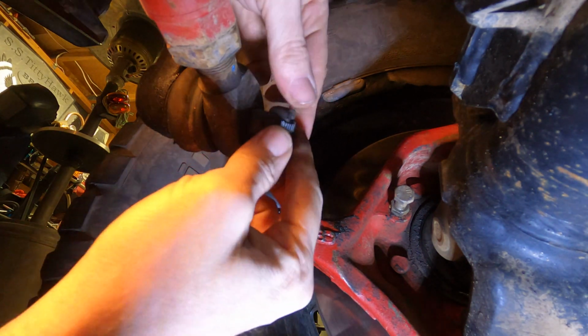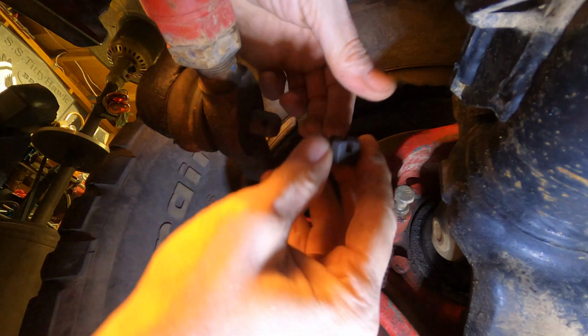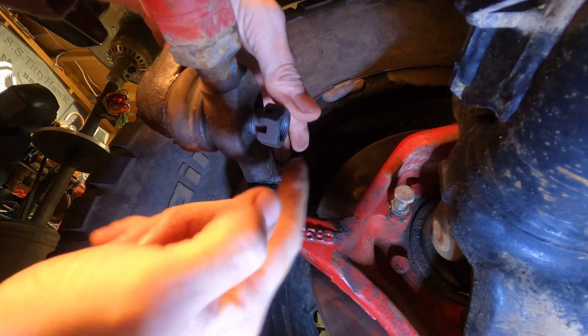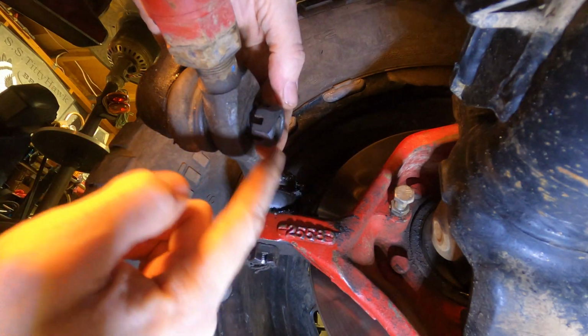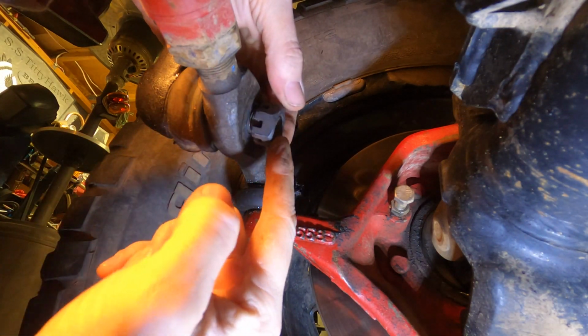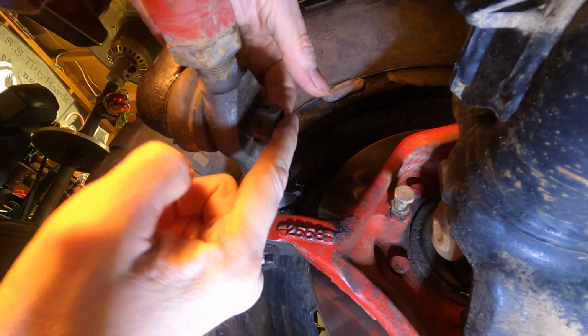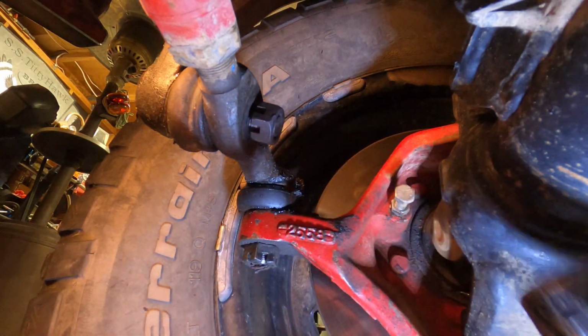Once we get this off, we have to unseat this from in here. And so what we're gonna do is we're again gonna take the castle nut, flip it over upside down, and we're gonna whack this with a hammer, and this just prevents damage to these little castle ends. But you wanna make sure you get enough threads in there to where you don't damage the ends. So if you just put it on 1 or 2 turns and go to whacking it, you could still damage the thread. So you wanna get it to where it's kind of level in here, and you got a little bit of room here. With that, we're gonna take this hammer and give it a...